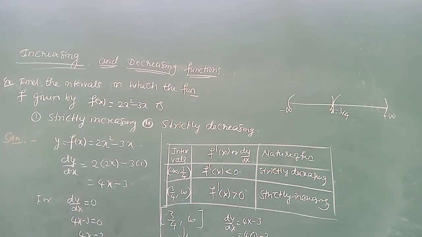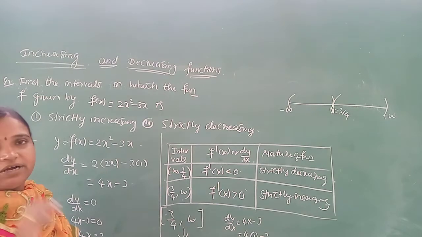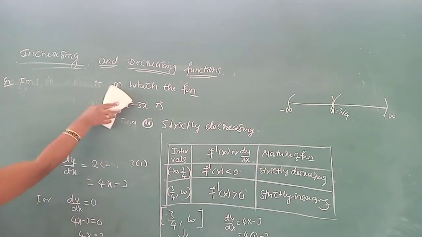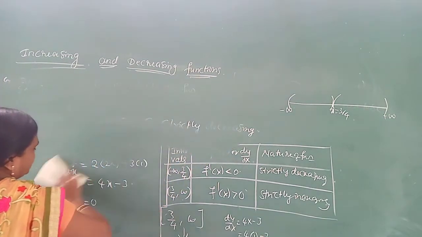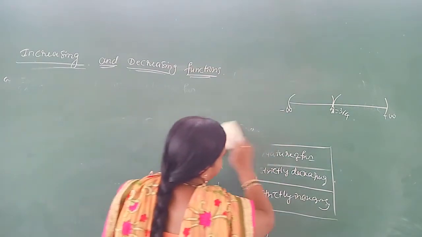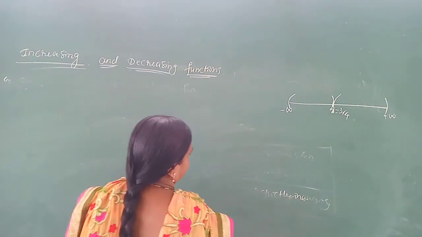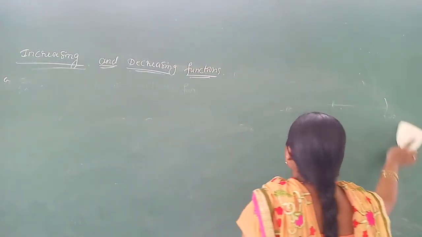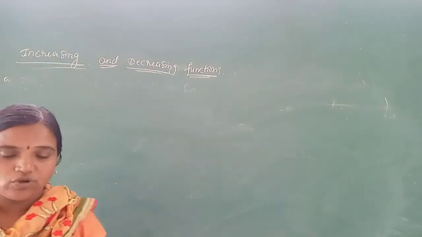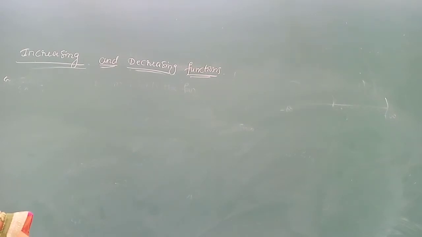And this type of example is asked in the exam as a 3 marks question. Remember it, 3 marks question. Either they will ask tangents and normals or this question, anyone. If they ask tangents and normals, they will not ask increasing and decreasing functions. If they ask increasing and decreasing functions, they will not ask tangents. Means these are the options. Next example, I will take another one of a similar type, but I will give only the function.